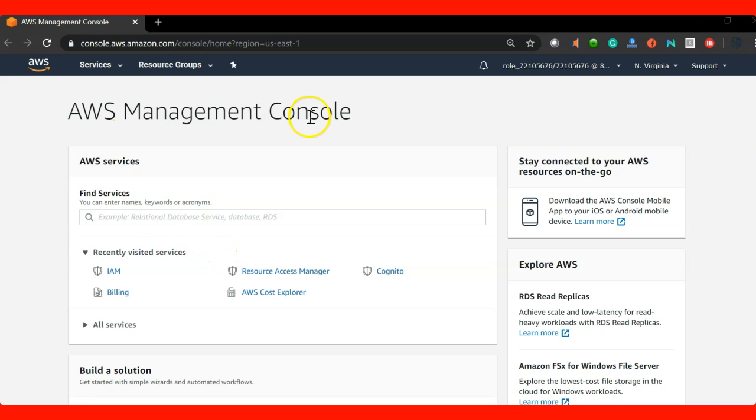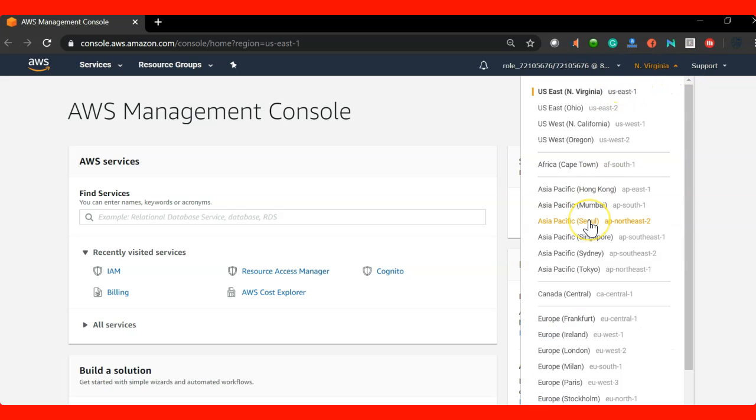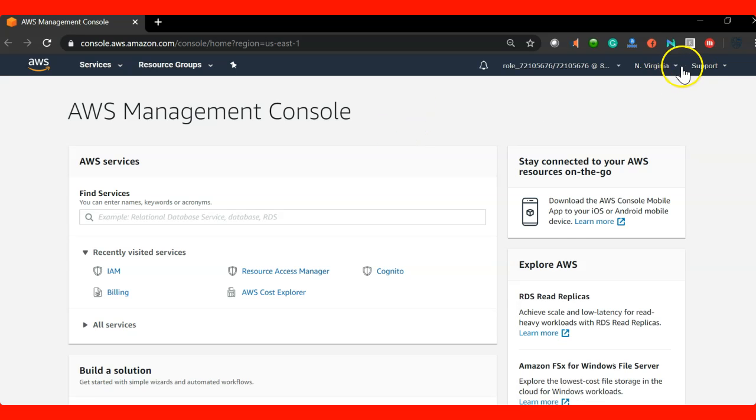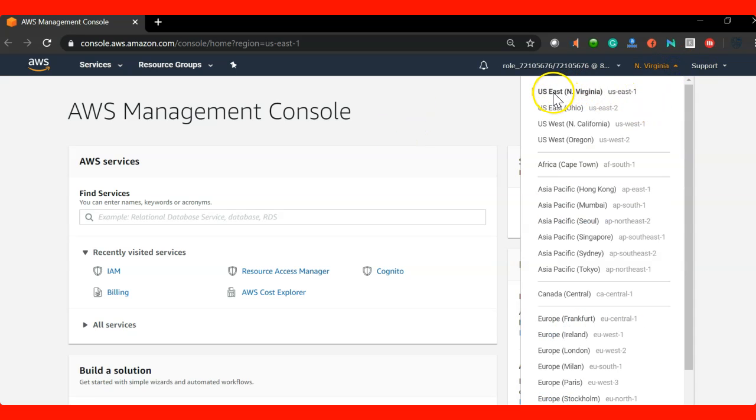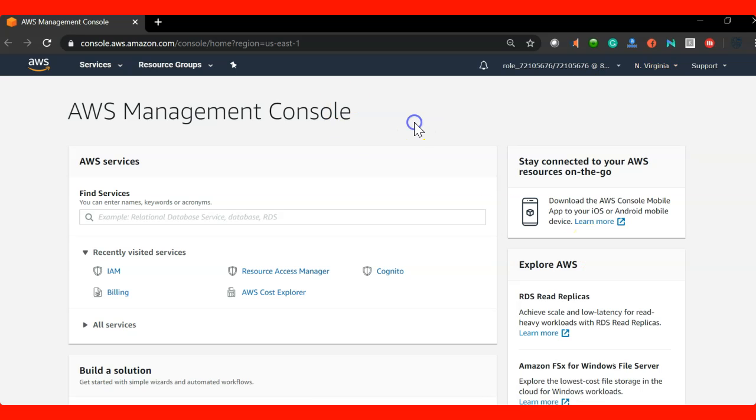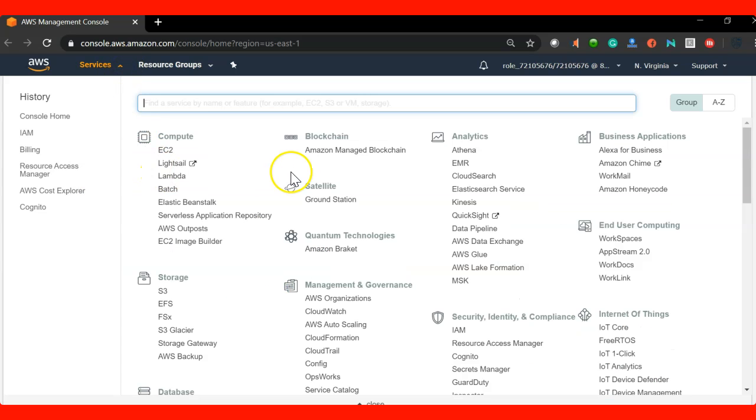Okay, so this is our management console. This is my account name, and these are all the regions they have currently. You can see the default one is Virginia, and this is the region where AWS first introduces their new services. So there are a couple of services which would be available in one region but not in other regions. Let's take a look at how it looks. Let's just drop down here and you can see it.